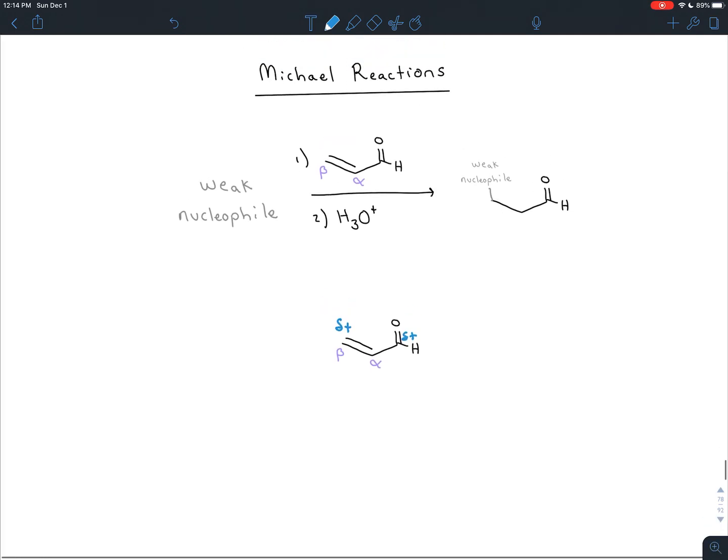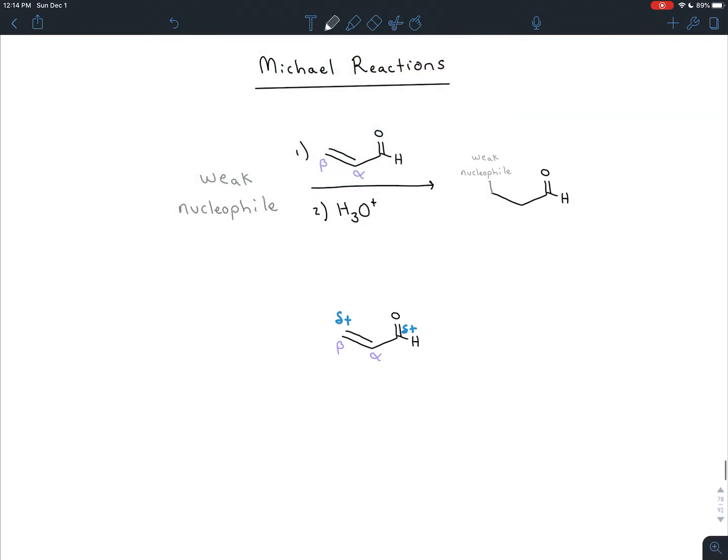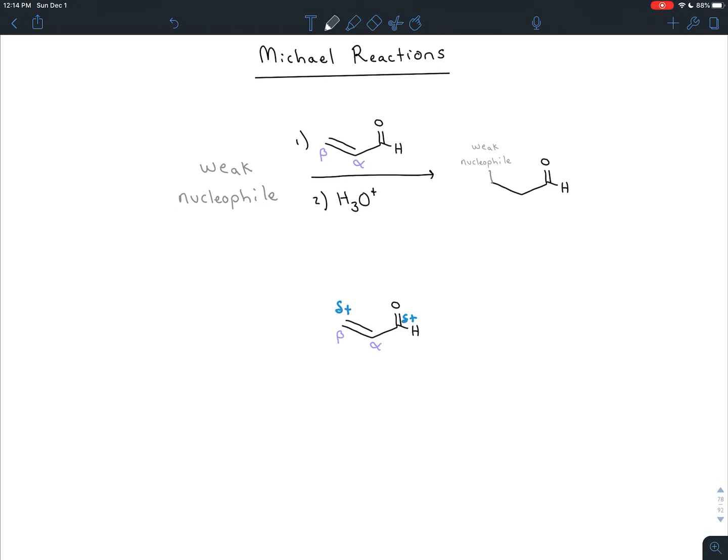Now we saw two versions of weak nucleophiles in the video on Michael reactions. We saw the Gilman reagents, which are really crucial, those dialkyl lithium cuprates. And then we saw this other one that we pointed out towards the end of the video, explaining the concepts behind the Michael reactions. It was where you have just one carbonyl. We said that this alpha carbon has hydrogens on it, and the hydrogens are acidic. A base